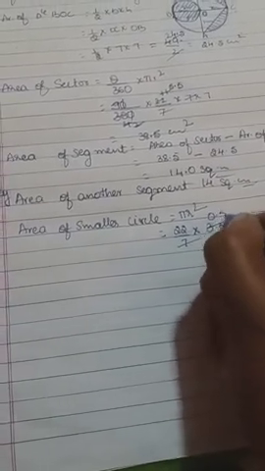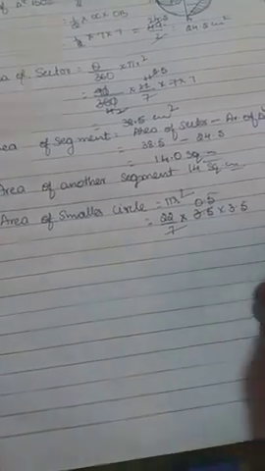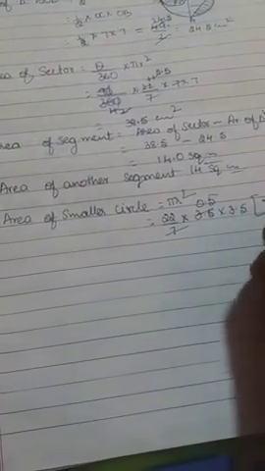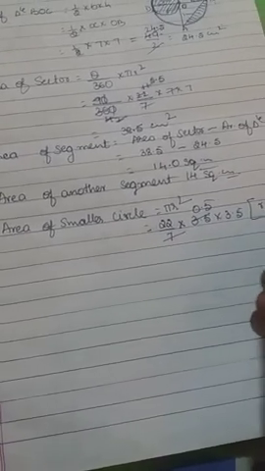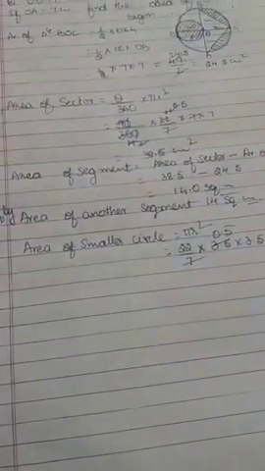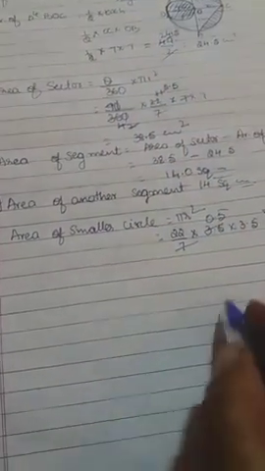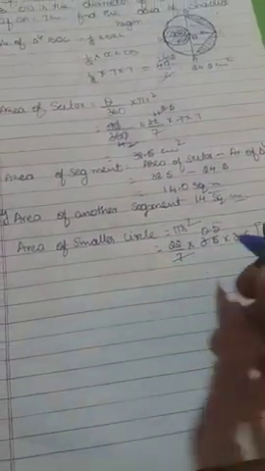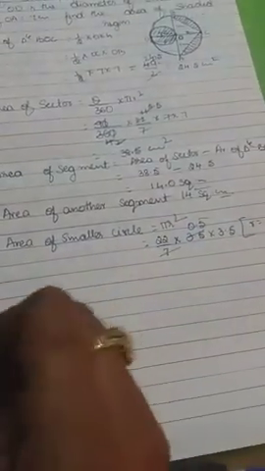7 by 2, it should be 3.5, r equals 7 divided by 2, that is equal to 3.5. Here, the area of the smaller circle: because the diameter is 7, so I wrote 7 here. Okay, so that should be divided by 2. So 22 by 7 into 3.5 into 3.5.